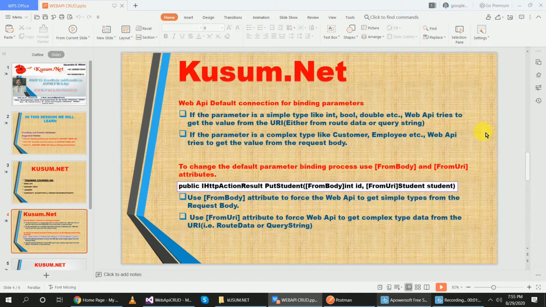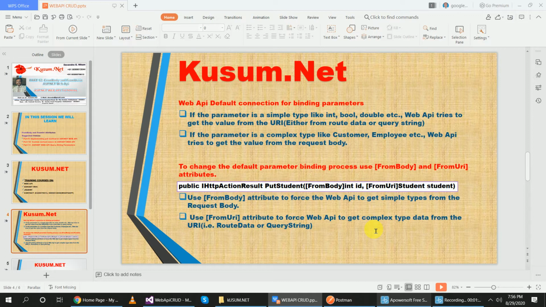If the parameter is a complex type like customer, employee, etc., Web API tries to get the value from the request body. Means if you want to pass data that is more complex to write, then you will pass it from the request body. This is the default convention in Web API. To change the default parameter binding process, use the FromBody and FromUri attributes.